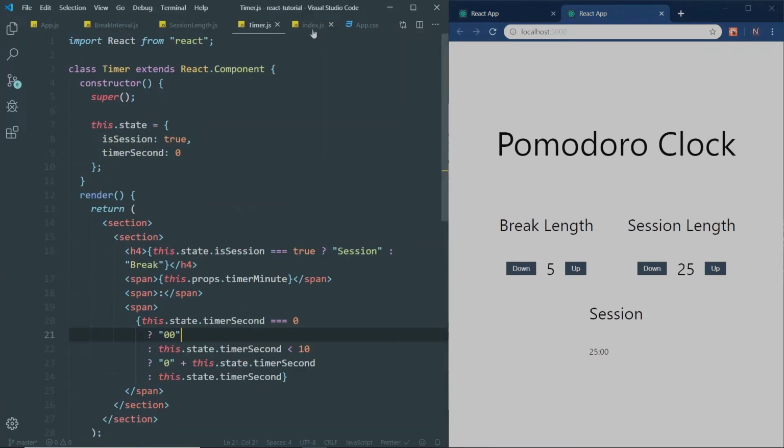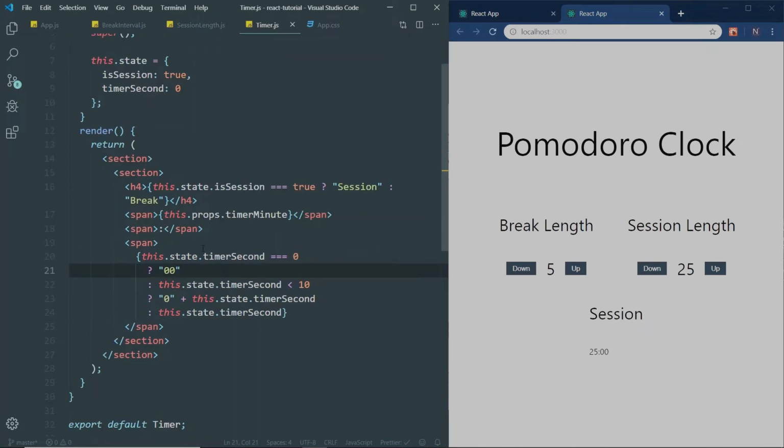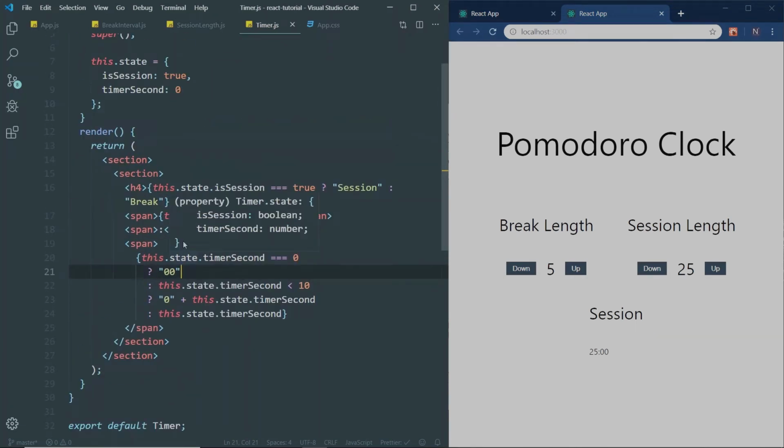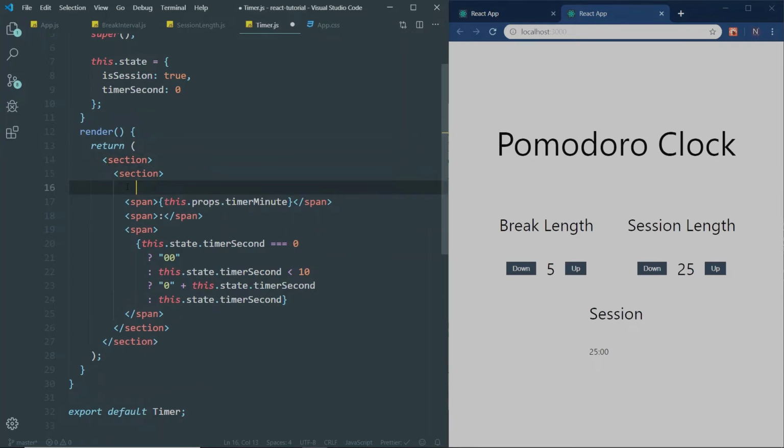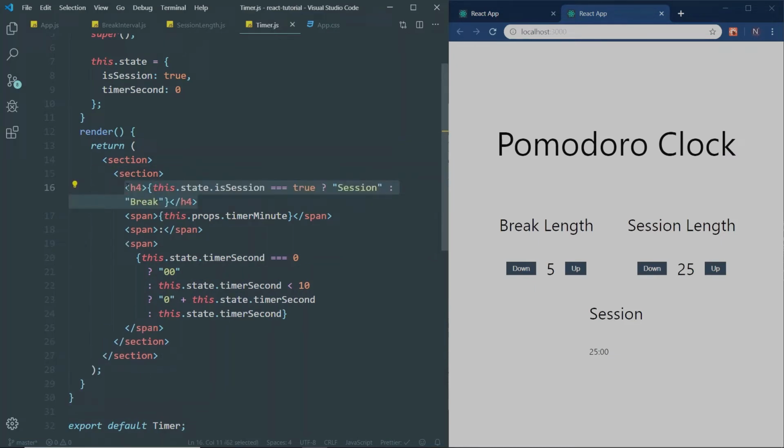Let's go to the timer. I'm going to close out of this index.js. We don't need that. In the timer, we will have, okay, so this session title will need to go outside of this section. But wait a second, 1 second. No, it won't. Sorry about that. We are going to give this a class name of timer container. And then